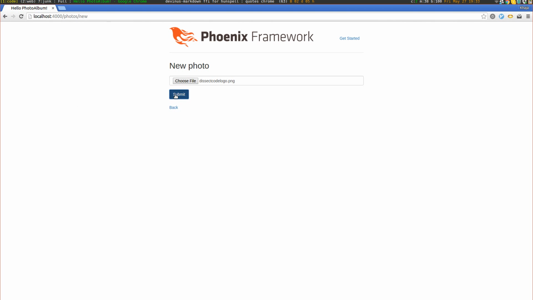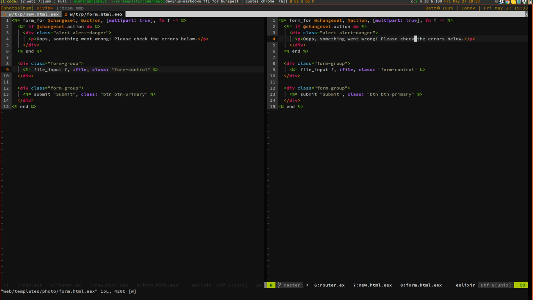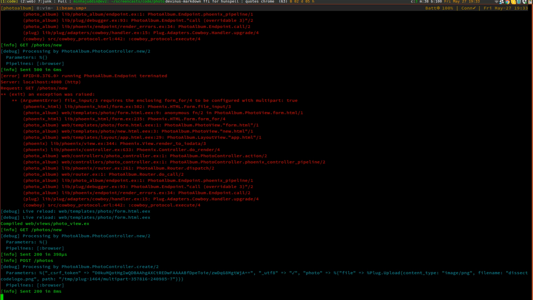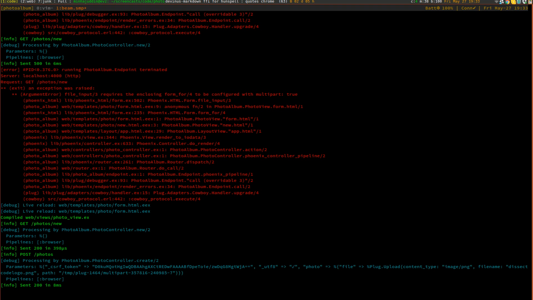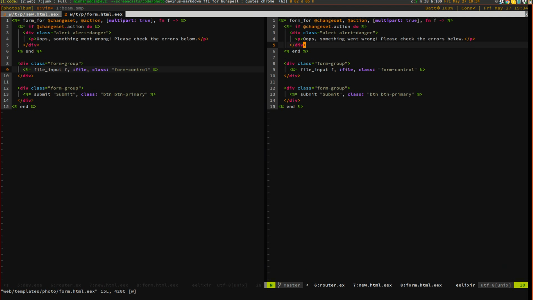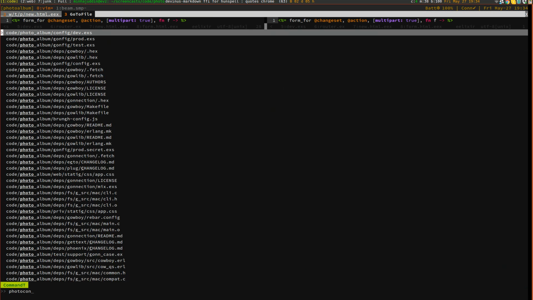logo and submit. It says something went wrong, please check the errors. So if we take a look at the logs, they tell us that it went to the photo controller create method, and from there for some reason it didn't go all the way. So let's take a look at that code. So we need to go to the photo controller,